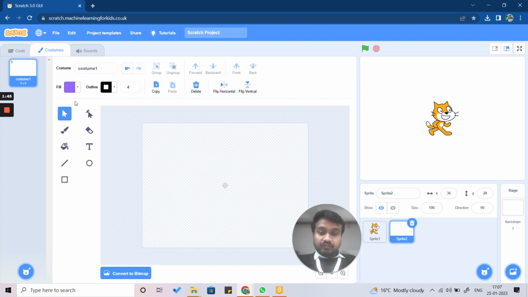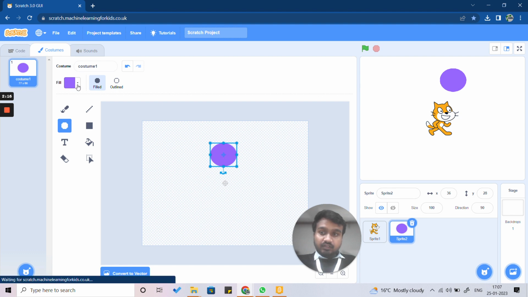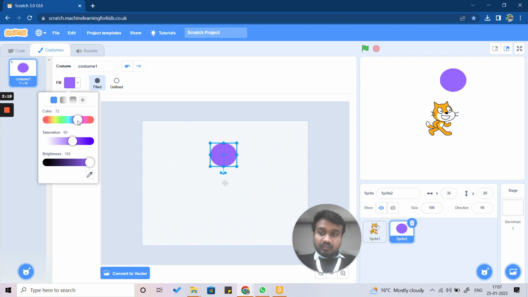So the very first thing we need to remember is this option, convert to bitmap. We want our sprite to be made in that. We click on this. Now you will see the screen will change like this. So first let us draw a man. We'll draw a man with a circular head, and as you can see the color is purple, so we can change it from here. In the fill option, we want the color to be completely black, like this,